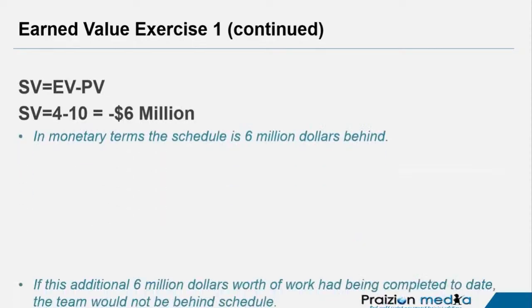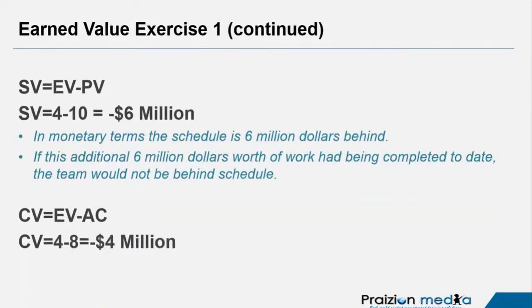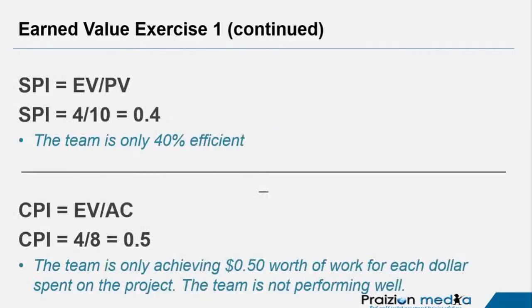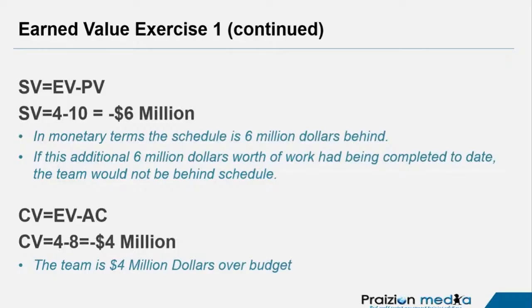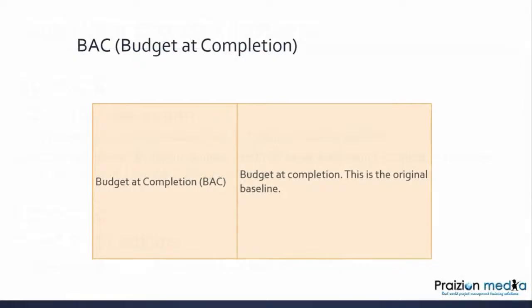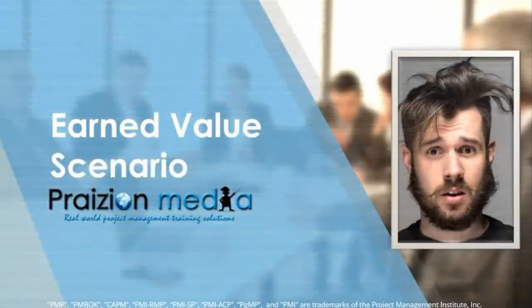Let's take a look at the schedule variance, -6 million and -4 million. Note where you have the dollar signs in the variances, but in the indices you don't have a dollar sign, okay? So well done. If you got those right, well done. Just understand the interpretation of these, all right? All right, so budget at completion. We kind of mentioned this earlier on. We're going back to talk about the BAC.